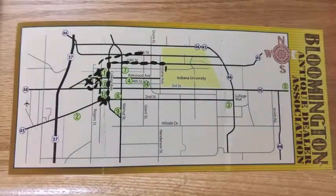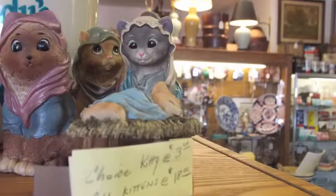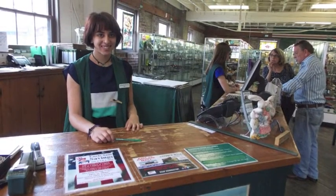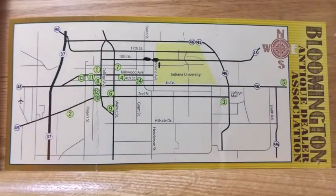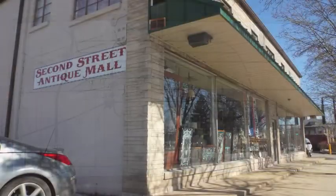Let's take a quick pictorial tour of these businesses and how they contribute to the town by adding flavor, rarity, and personalized service that cannot be found in other lines of work today. We'll begin our tour with one of the larger stores in Bloomington, 2nd Street Antique Mall, located on 2nd Street,